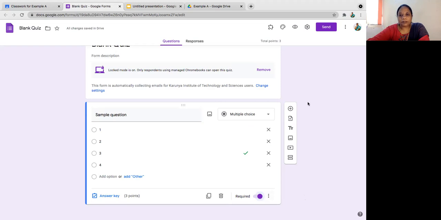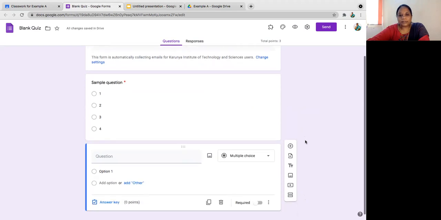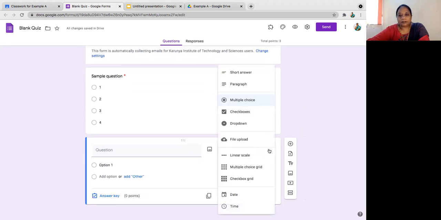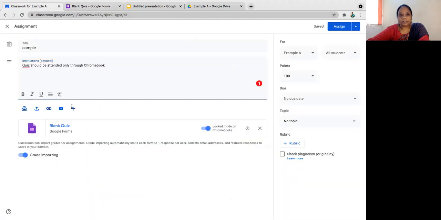Next, if you want to add another question, click the plus button. So you will be adding a second question. The second question again can be a short answer or a long answer, whatever you want. So you can keep creating questions like that. Any number of questions you can create. Okay, and all that will be appearing here. Okay, and it will go to individual students.